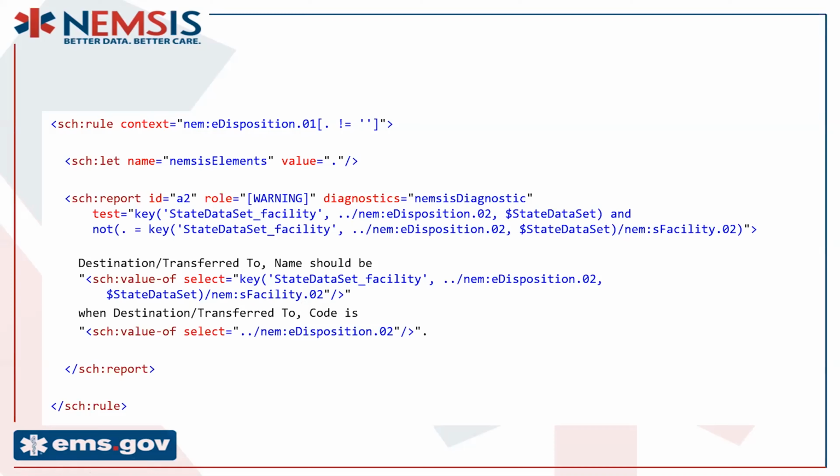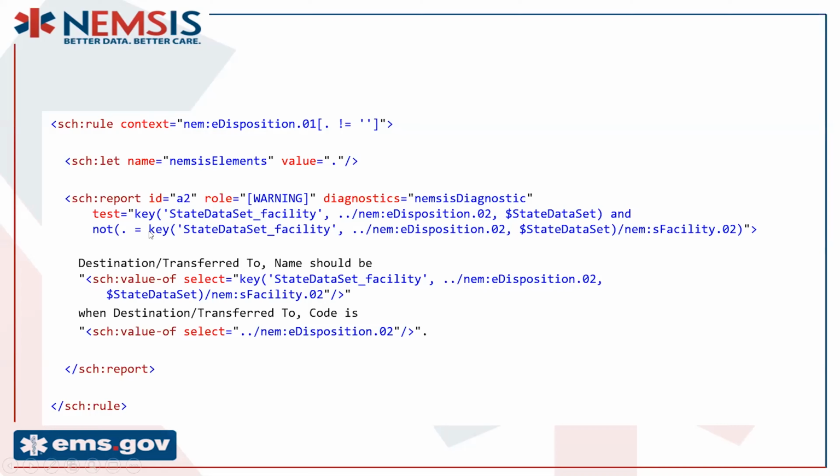This one is going to show us the warning message if it evaluates to true. So it's the opposite of an assert. Okay, and here's the test. We use the key. We're going to use the state data set facility key. We're going to look up the value of eDisposition.02, the destination code, in the state data set. And then we're going to check to see if the value of the context element, the dot right here, this is eDisposition.01, this is the destination name, is equal to